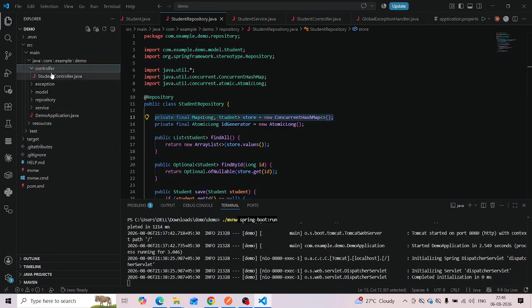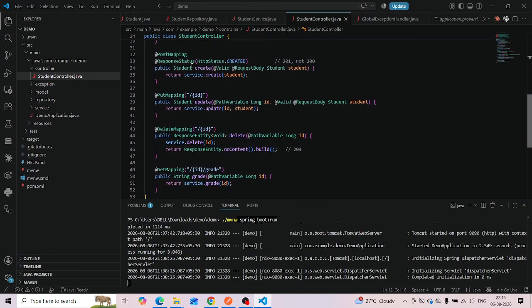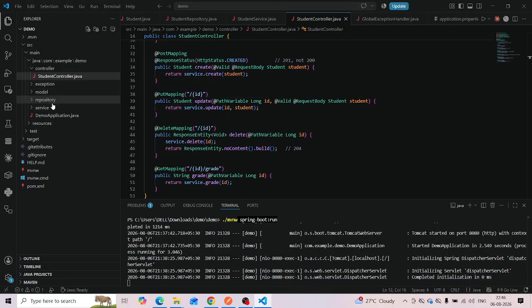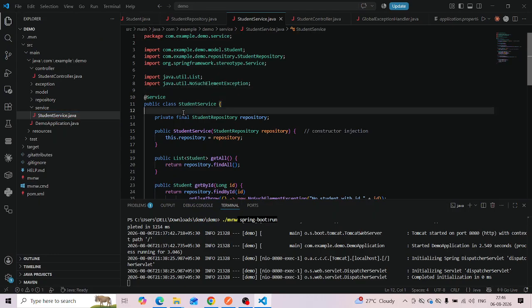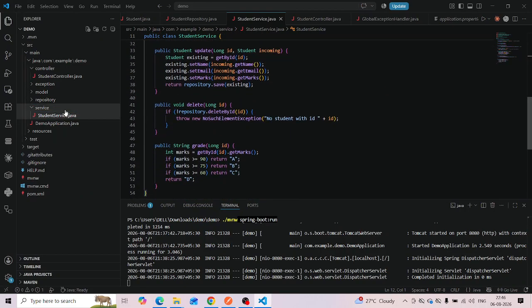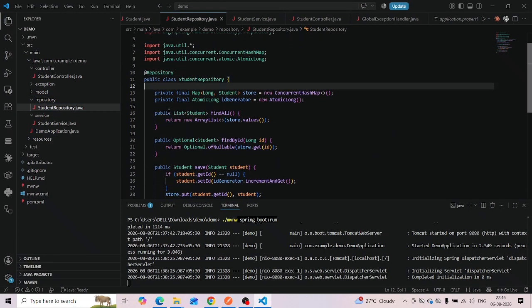I open this and I get this REST controller. Now we have something called service, where we write business logic. And now we have repository, where we write our database things.